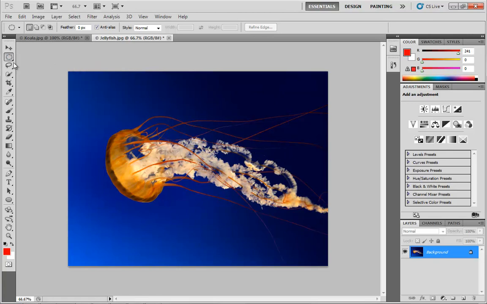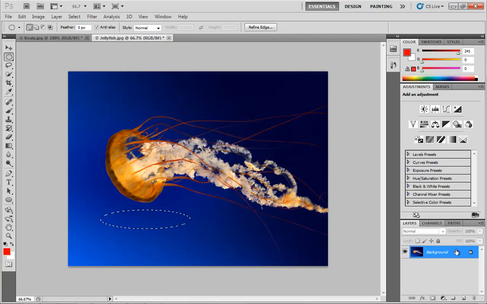Now, back to the elliptical tool, all of the options are the same, save the idea that you can anti-alias the edges of your circle. And here's what I mean by that. If I make a nice anti-aliased circular selection, and let's maybe make a kind of a wide one, and I'll click and drag that. Let me talk about that here in just a moment. I can hit delete,